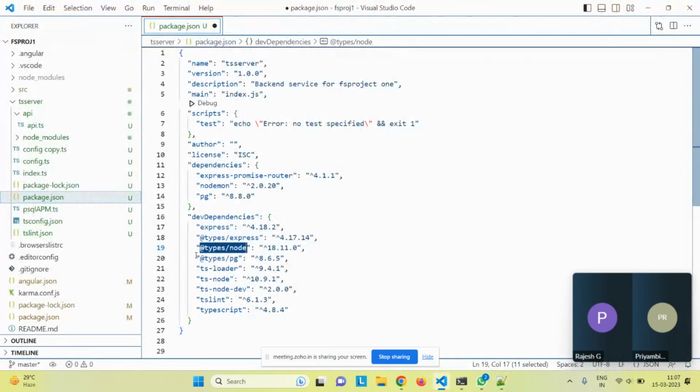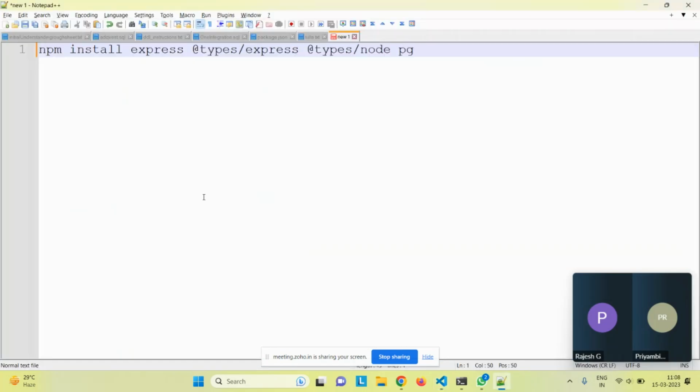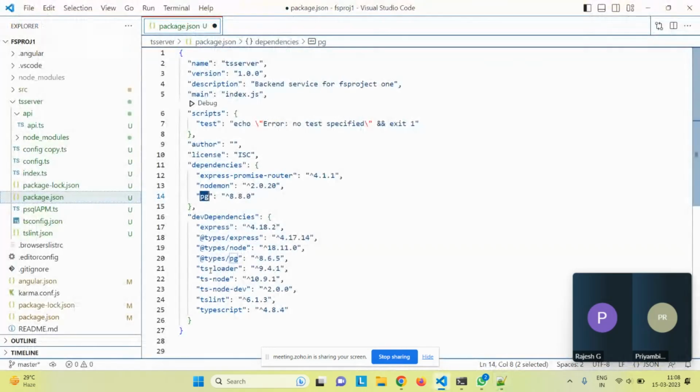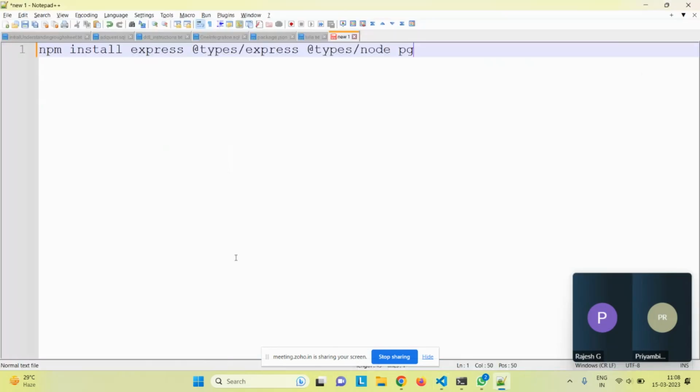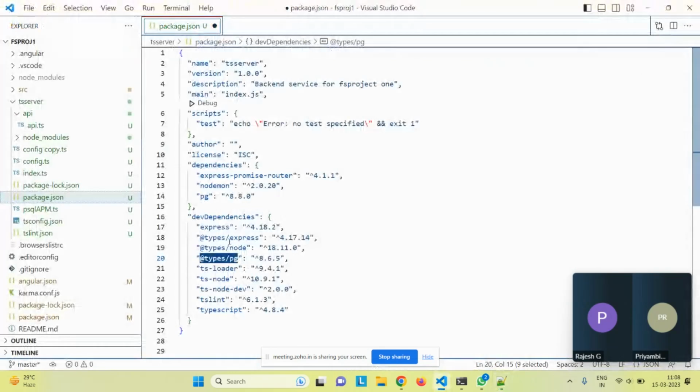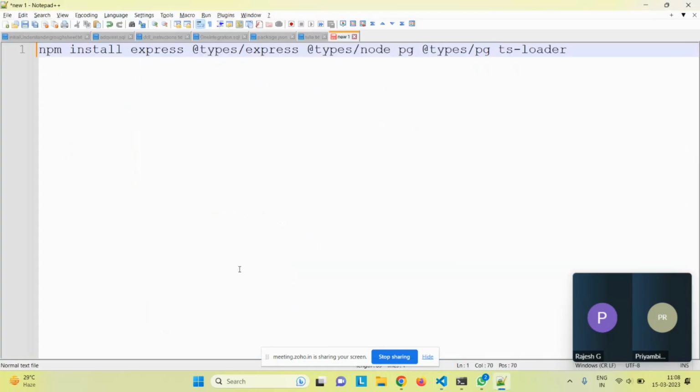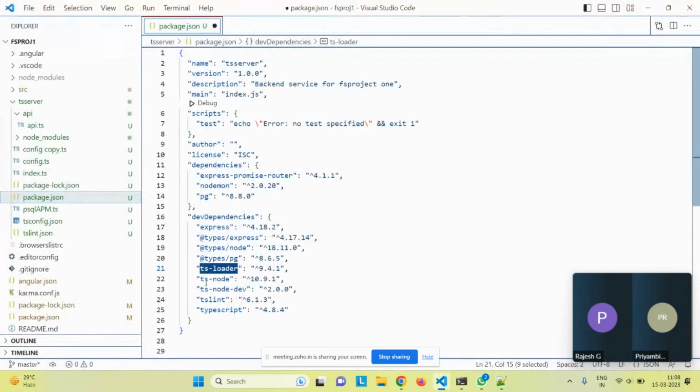Don't use comma, no separator. It is only a space as a separator between these. So pg, then types pg, then ts loader. Like this, you can give the command as well. Space is the separator. So ts node,